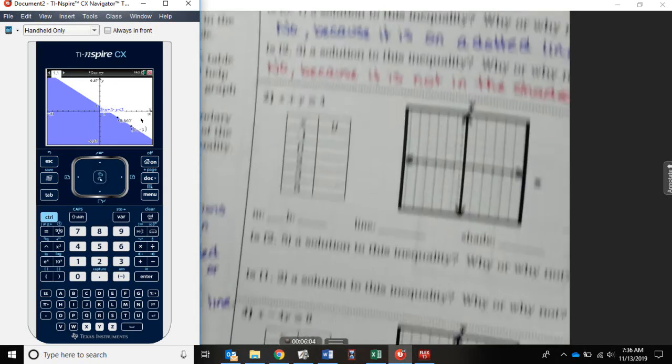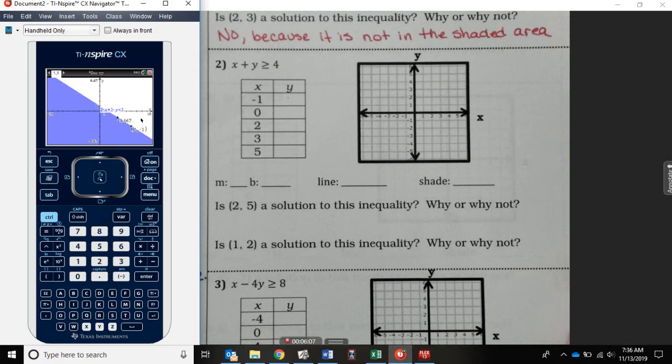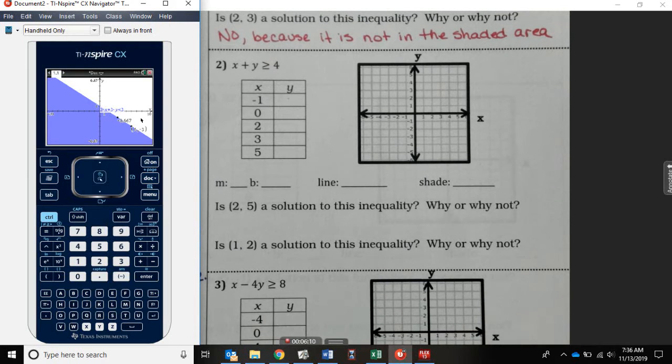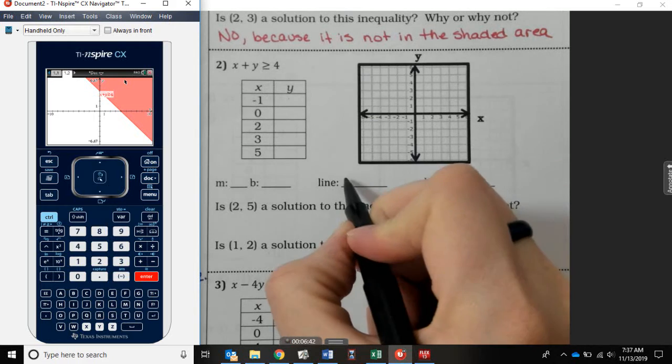All right, number 2. We're going to do the same thing. We're going to use our calculator to graph it. And so Control Doc, add a new graph page, delete the equal sign, and pick a relation. And then we're going to type in x + y, control equal, will give you your inequality symbol, is greater than or equal to 4. Okay, so let's go through here. If I hover over the line, I can see that this time my line is solid and I'm shaded above the line. So I'm going to fill that information in. The line is solid